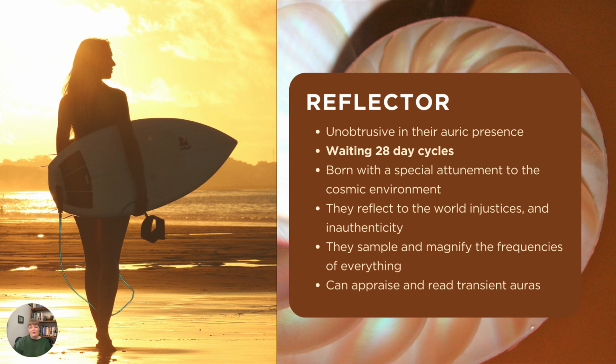Finally, we have the reflector. So the reflector, their strategy is to wait for the 28-day lunar cycle before they're making their decision. So they're unobtrusive in their auric presence because they're completely open and reflecting the field around them. So when they're going to make a decision, not only are they waiting 28 days, but it's that combination of feeling that surprise and awe as well before they're